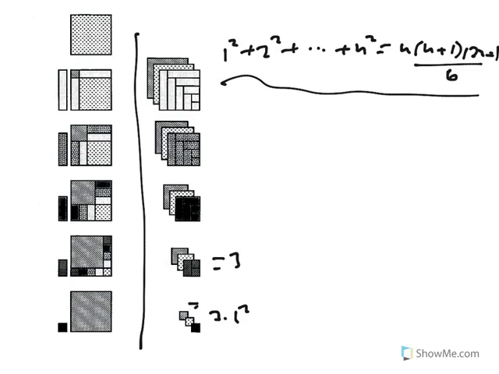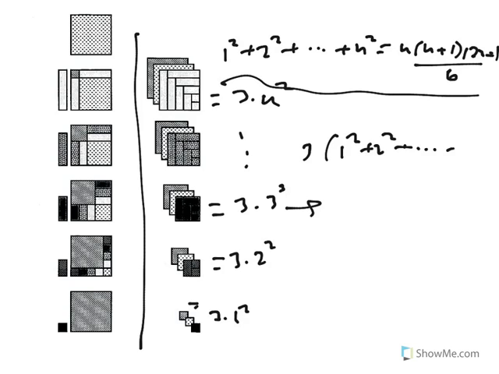Here are 3 2 by 2 squares. And here's 3 by 3 squares. And this last one I'm just going to say is 3n squares. Even though it's specifically 5 by 5, I'm just going to call it n. So the sum of all these is 3 times 1 squared plus 2 squared up to n squared. Now,